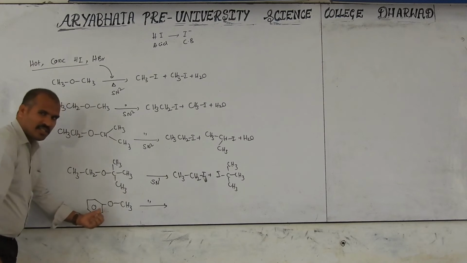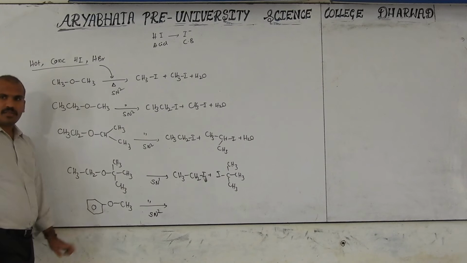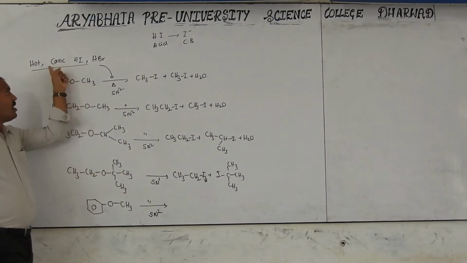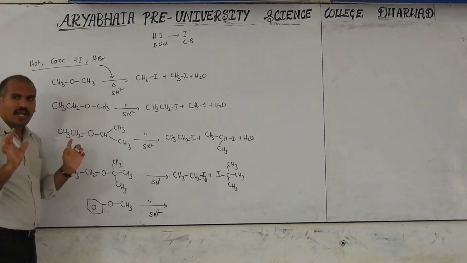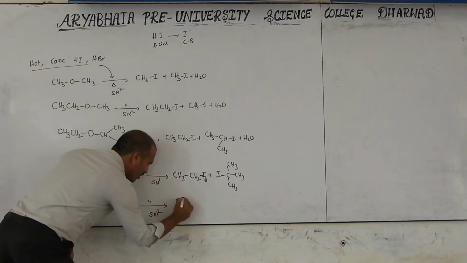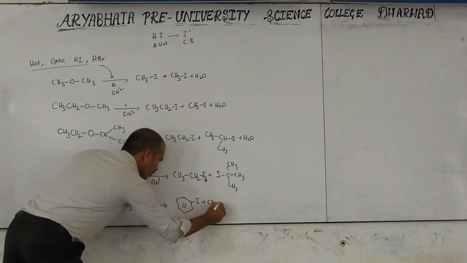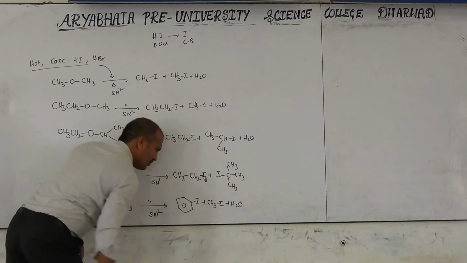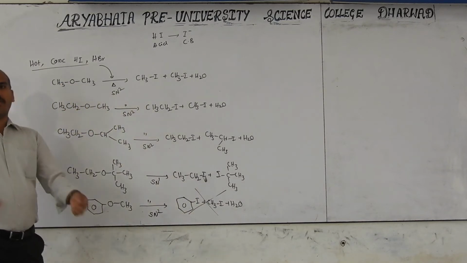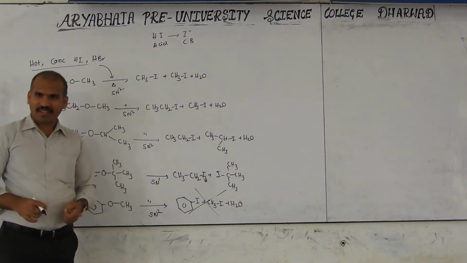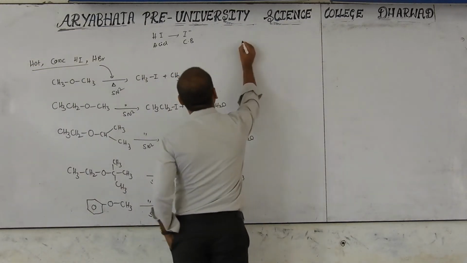Is any one of the two groups tertiary? No. So which type of reaction is this? SN2, SN2. Now I am using the concentrated condition here. Then what you will feel is that I should be on both sides. That is in your mind, so whatever is in your mind, I will write here, like this. You are expecting this, but this is wrong. So now you only know that both sides are right, but again you are only telling that this is wrong. How is it wrong? Let's answer.